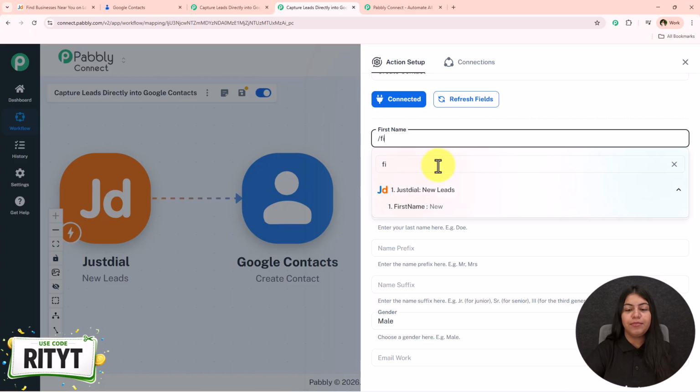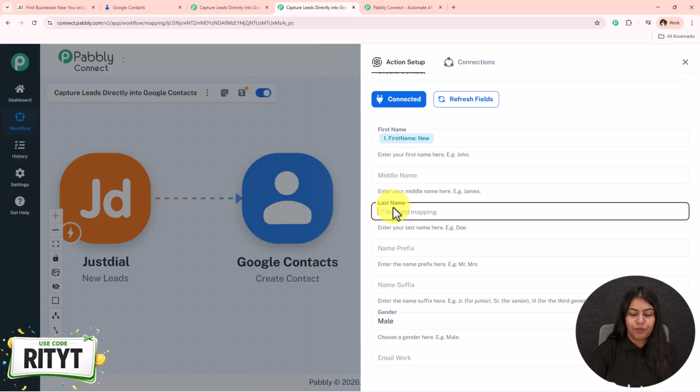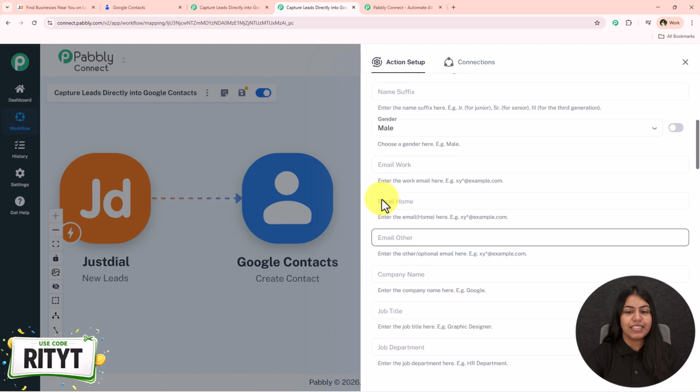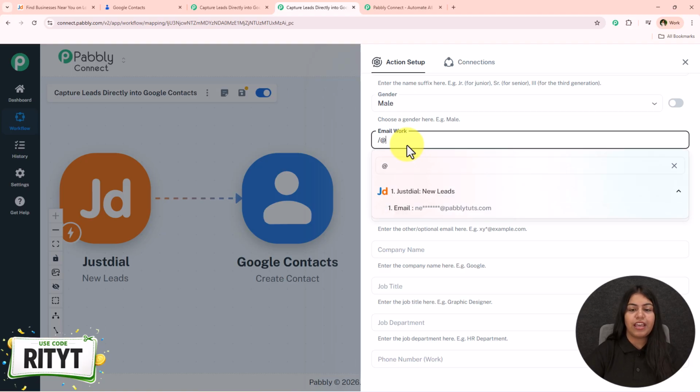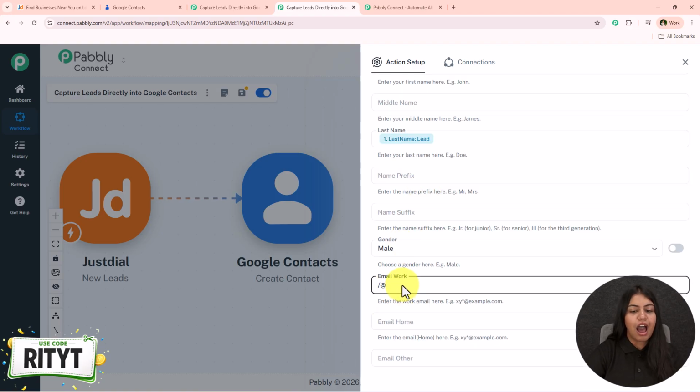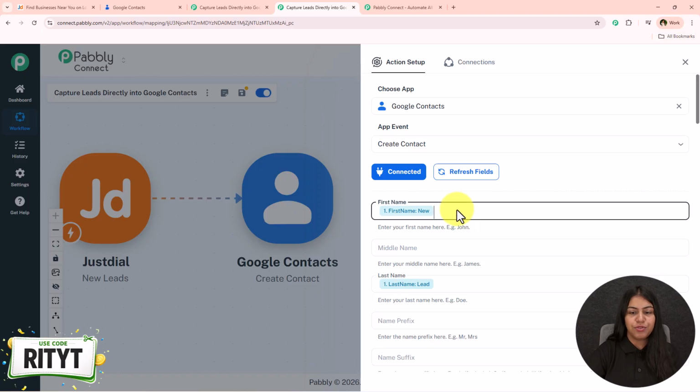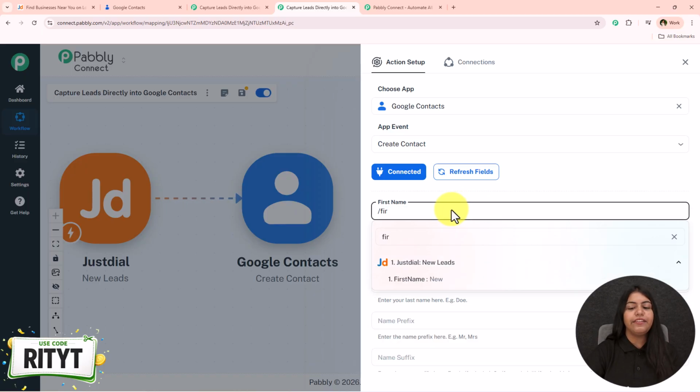So mapping is a method by Pabbly which means inserting the data from the previous step. And when we insert the data from the previous step, automatically our data becomes dynamic and changes with every new response received. So how do we map these details? For that you just have to put a slash, search for the detail which you wish to map, and map